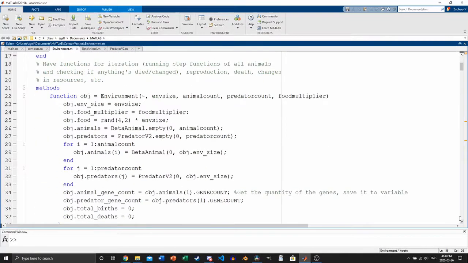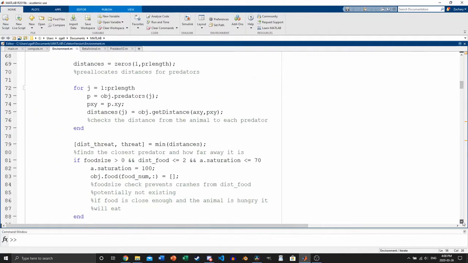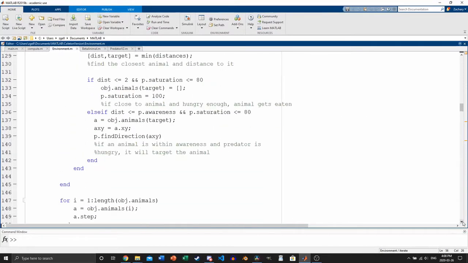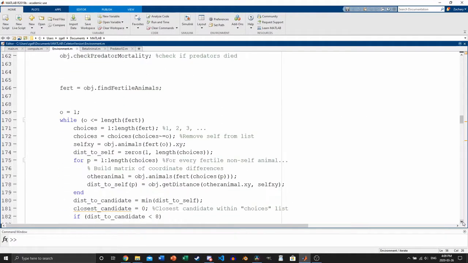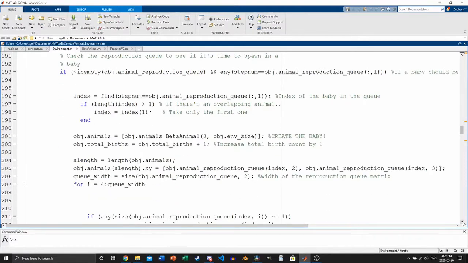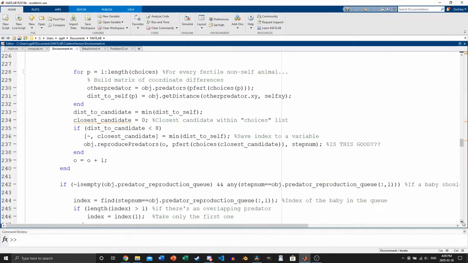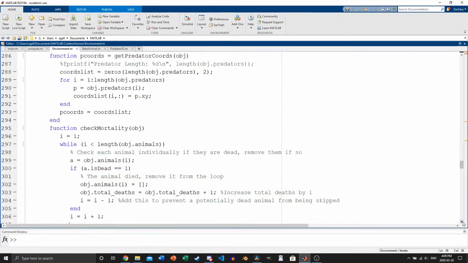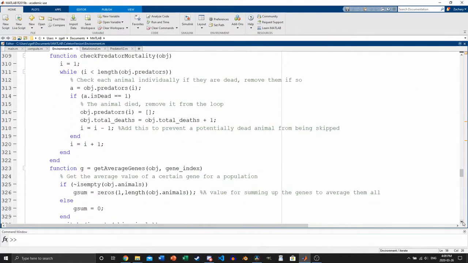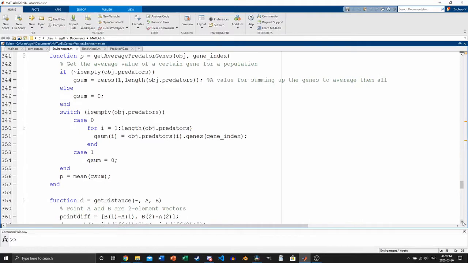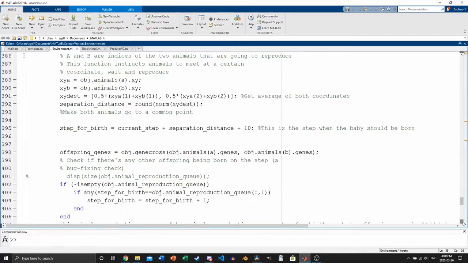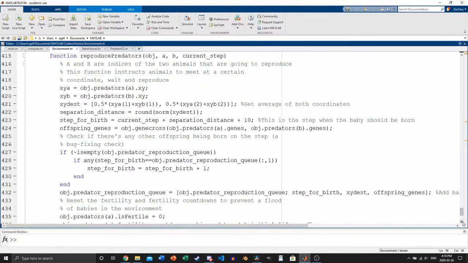The environment class is what creates all of the animals and predators upon initialization. It's mainly responsible for making sure that all of the animals and predators move each step, checking for deaths in the animal and predator populations, and handling the reproduction process for both animals and predators. Some of the animal motion, including interactions with predators, is computed here. It has one primary function, being the iterate function, along with a set of subfunctions for streamlining some of the